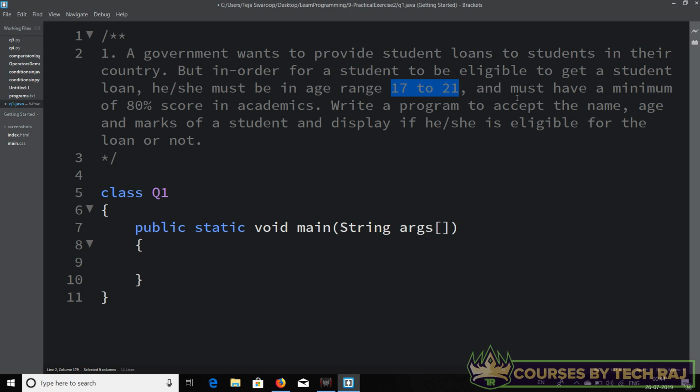And there's also another condition which is set, that is they must have a minimum of 80% score. So our third input that we're going to take from the user is the marks, the percentage marks, and we have to check if this percentage is greater than or equal to 80%. Only if these two conditions, condition 1 and condition 2, are satisfied, only then we can print out that that particular student is eligible for the student loan. Else we can just print out that the particular student is not eligible, right? Right. So first of all, let's start